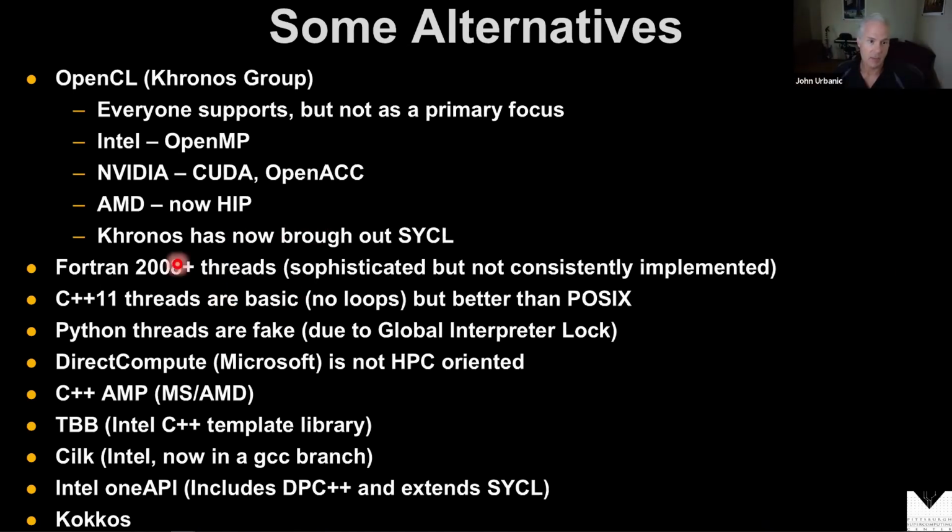C++ as of 11 standardized threads, which was nice, but they were kind of lame. They were very unsophisticated compared to other alternatives. They have gradually, as of C++17, rolled in some better threads, and C++20, they keep improving things. So C++ keeps rolling in some better threaded models of programming, but they're still all lacking compared to OpenMP, which is also equally standardized and works on every C++ compiler.